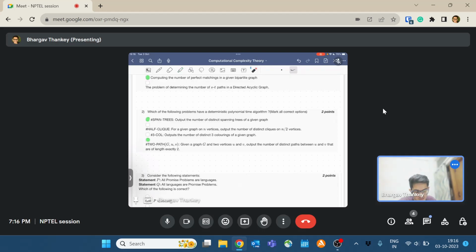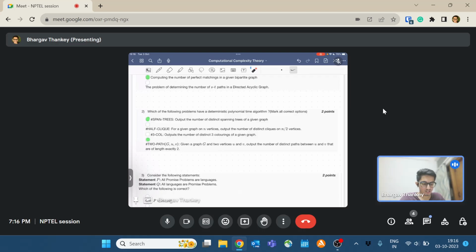Okay, so let's just focus on C, and that would also be true for B. So both sharp three color and half clique. Sorry, both three color and half clique are NP complete problems. So suppose you had a deterministic polynomial time algorithm to compute the number of distinct three colorings or the number of distinct cliques of size n over 2. Then all you had to do to decide whether the graph is